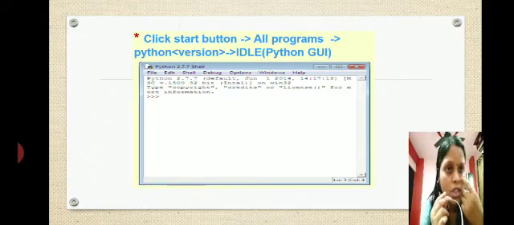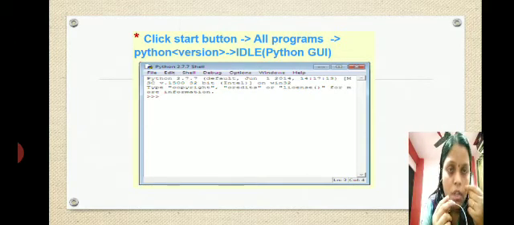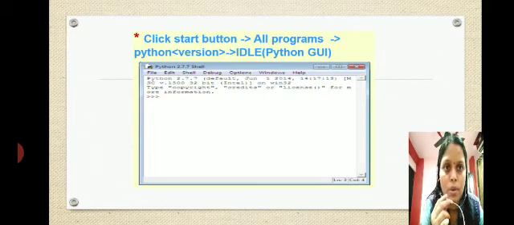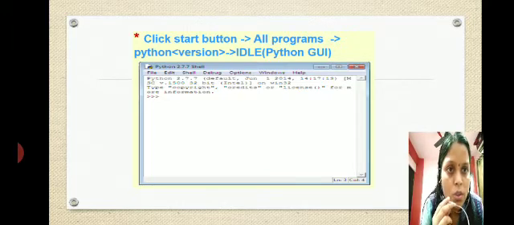Now how to check whether it has been installed or not? You have to go to the start button of your Windows, go to all programs, go to the Python version, go to IDLE, and from there you get this window. It is simply a blank window, and some instructions have been written on top with 3 angular brackets. The first line you see is Python 2.7 and the date, January 2014.